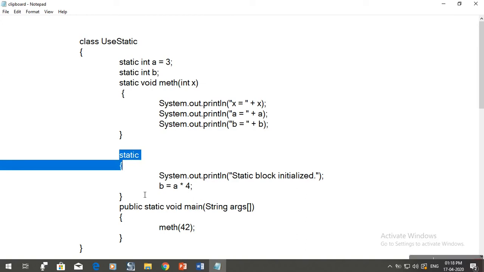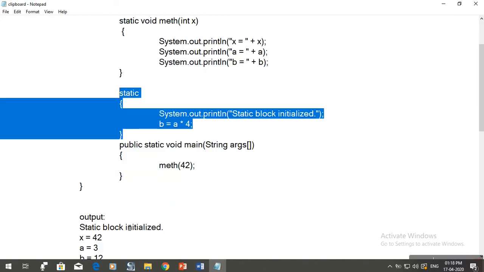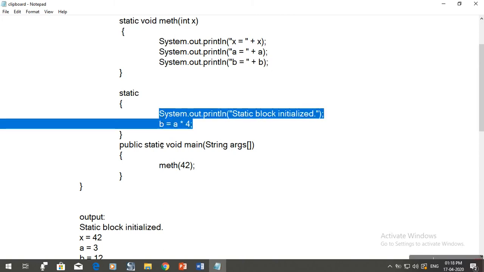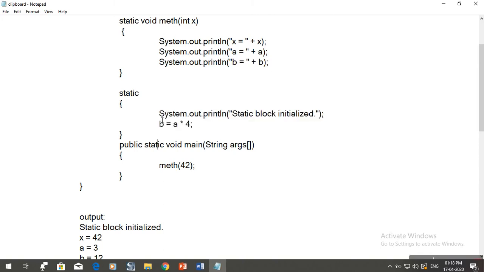When the program starts execution, it starts with the main method. Now what is a static block? Static blocks contain code that is initialized before the creation of any object. When your program starts execution, first the static blocks are executed.